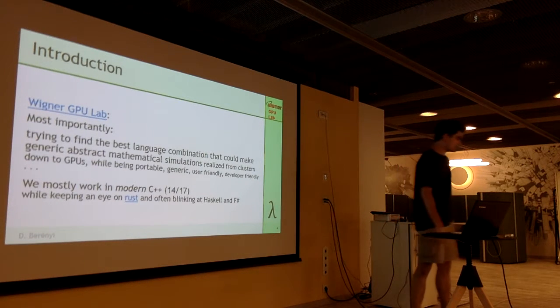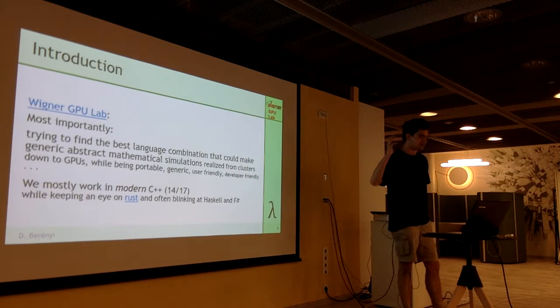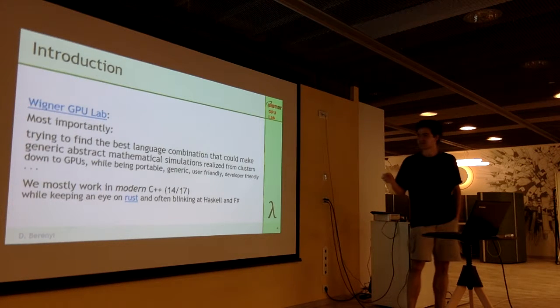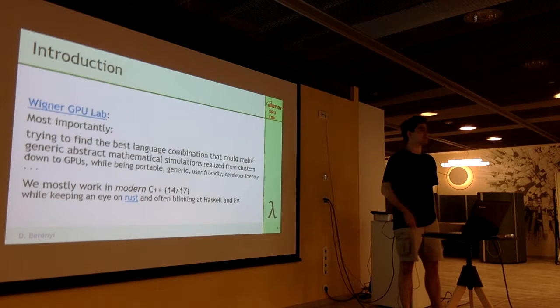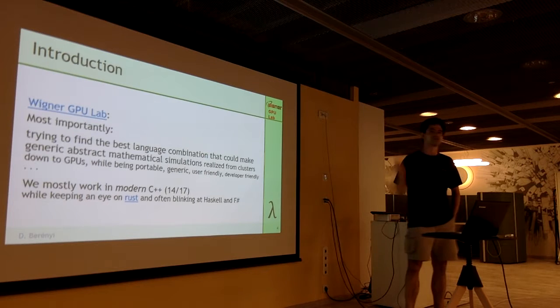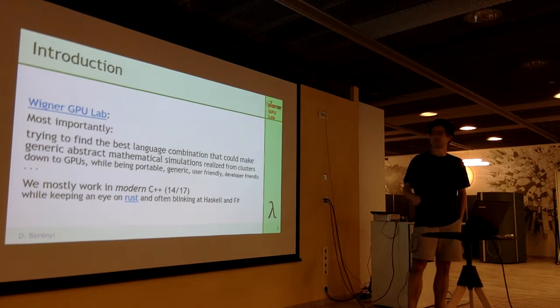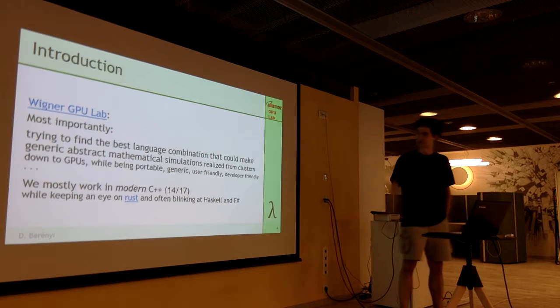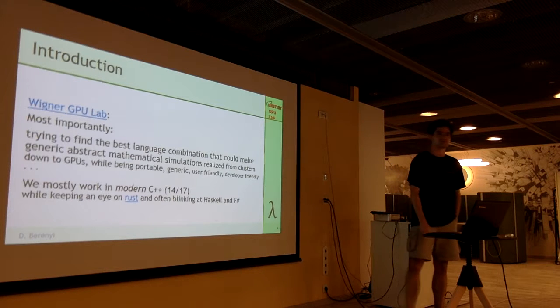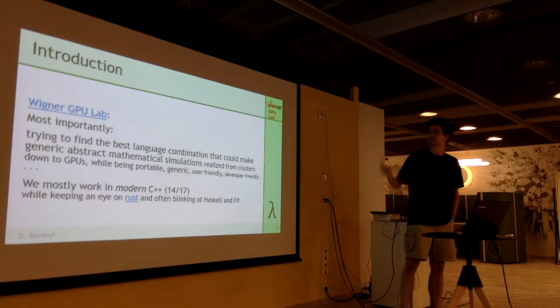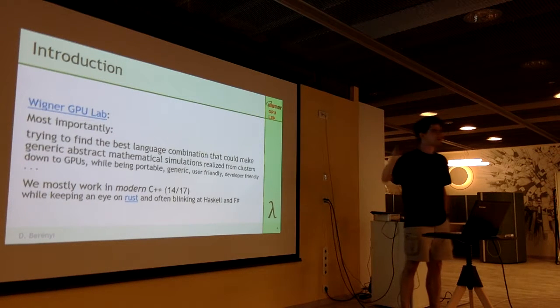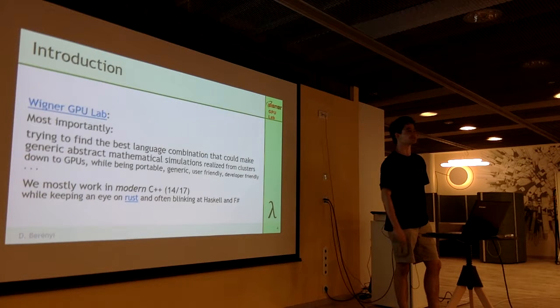So most of the parts that are currently in use, usually in scientific environments, are written in C++. We mostly try to work with modern C++. I don't know if any of you follow the recent developments of C++. There are plenty of new features that are really good, and they keep coming. And there are good guys working very, very hard to incorporate more and more functional constructs into the language, motivated by, for example, Haskell. And while the progress is promising, it's a little bit slow, but we are also keeping an eye on Rust. How many of you have heard about the Rust language? Oh, great.